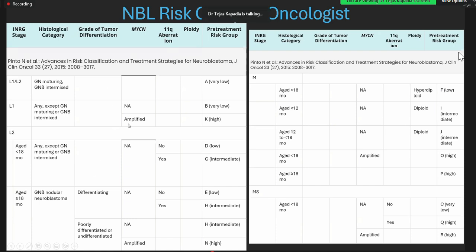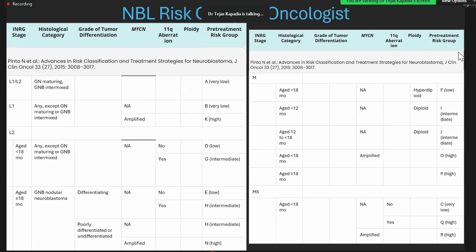And like I said, MYCN amplification itself, even though it is an L1 disease, puts them into a high risk category. So there is no metastasis, there's not much lymph node involvement, but because they are MYCN amplified, they go into a high risk category. Okay,